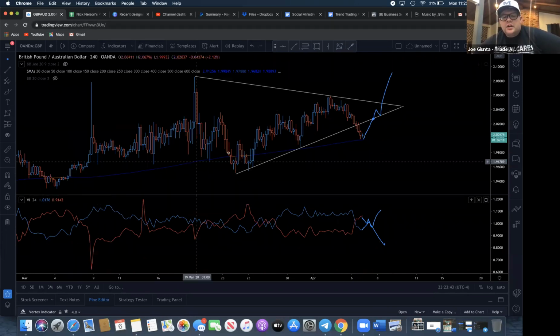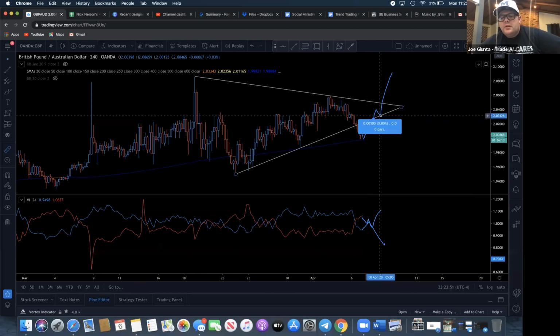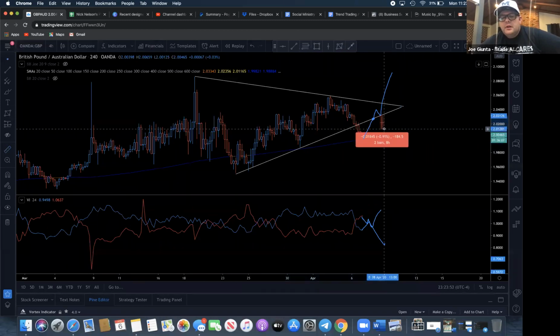If you know you're looking to risk 90, then you should be able to get 180, 1 to 2 risk reward. Look at where that is. Next level of structure. It literally goes from one level to the next level. Guys, you can't make this stuff up, right? It's absolutely just beautiful, right?